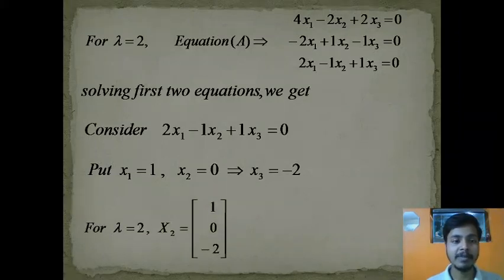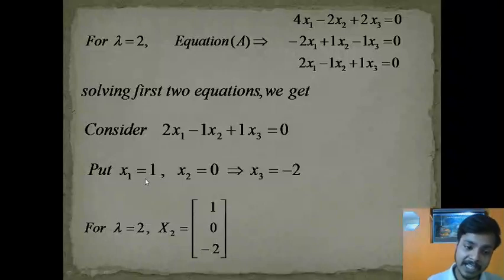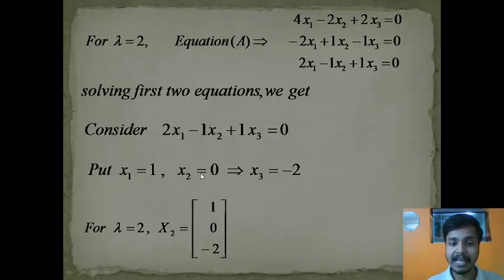Simple. If the problem is of repeated eigenvalue, you will enjoy it, and it is very easy to write. Now again, this is for the one eigenvector that we have found out, x2. As this eigenvalue is repeated, we have to find another eigenvector for eigenvalue lambda equal to 2. What you need to do is just swap the values of x1 and x2. In this case, I have taken x1 as 1 and x2 as 0. In the next, when we find x3, I will write x1 as 0 and x2 as 1 and put it in the equation and try to get the value of x3.